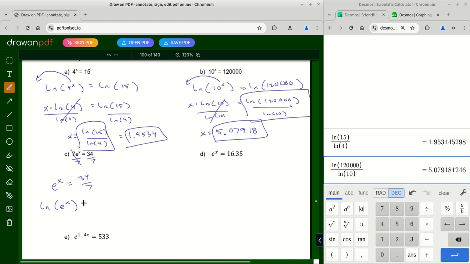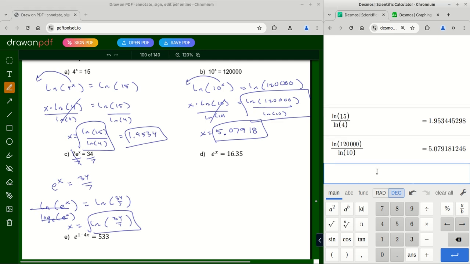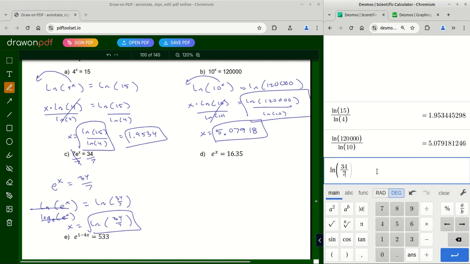But you know what's funny about this? When you ln both sides, e and ln are going to cancel. The reason why is because we saw this last time. E and ln cancel because it's a log base e, and they cancel. So you're left with x is equal to ln 34 over 7, and you're actually just done. That was it. So ln both sides is actually very advantageous, especially when you have an e already in the